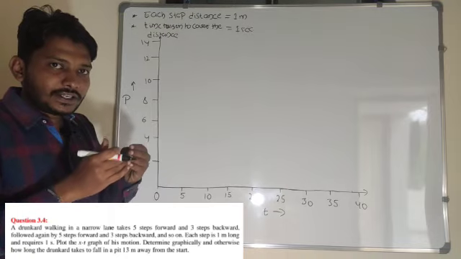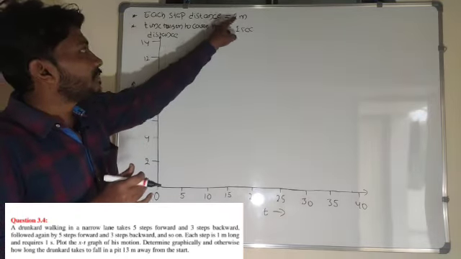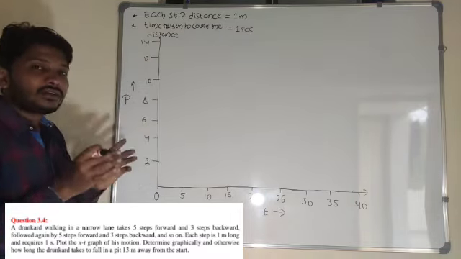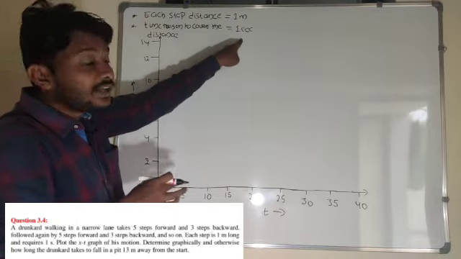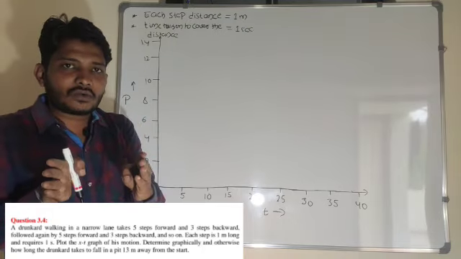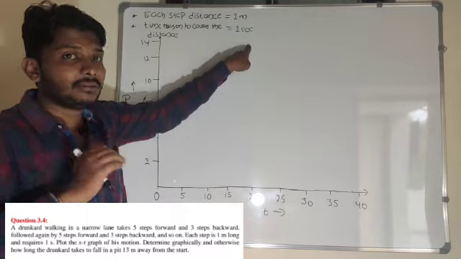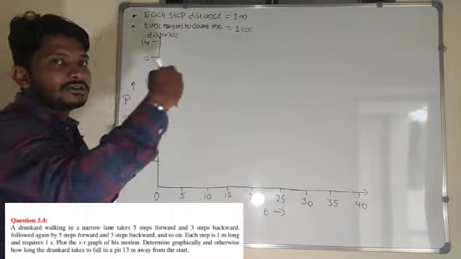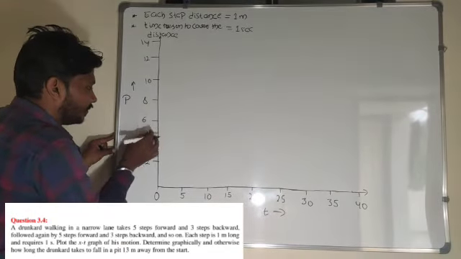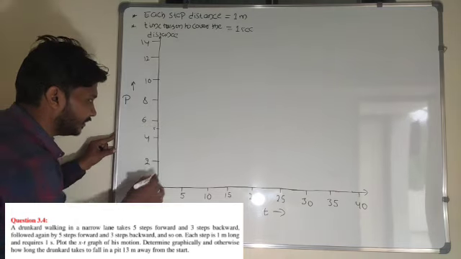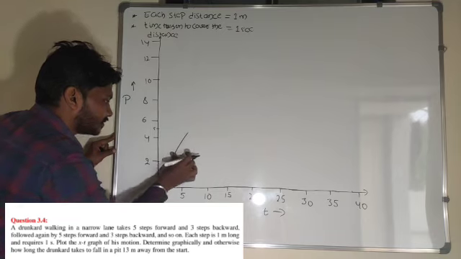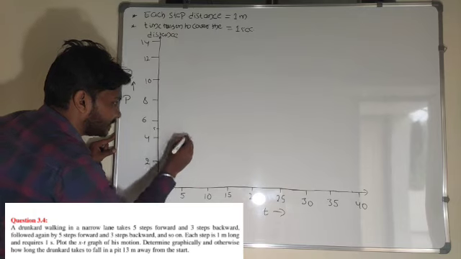First he takes 5 steps forward. Each step is equal to 1 meter, so 5 steps is nothing but 5 meters. In order to traverse those 5 steps, how much time will he take? That is 5 seconds. Why? Because each step is 1 meter, and for covering 1 meter he will take 1 second. So if he travels 5 steps forward, the y-coordinate distance is 5 meters, between 4 and 6, so I will take it as 5 here. To cover that 5 meter distance he will take 5 seconds of time.